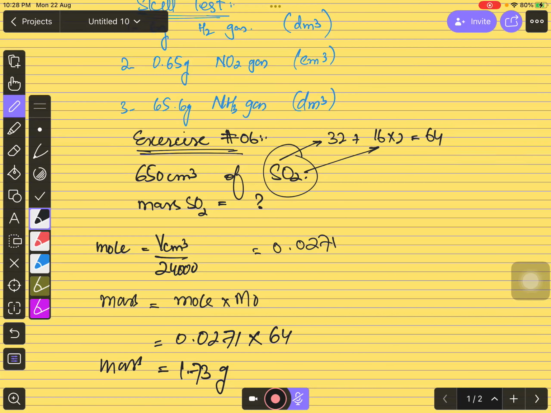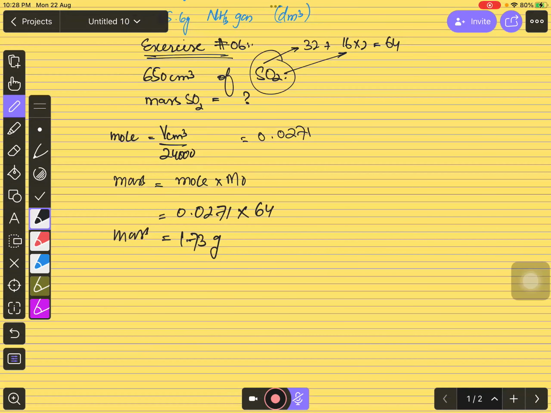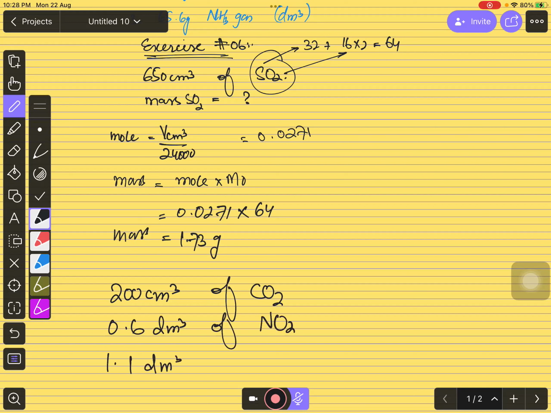चलें, फॉर एग्जाम्पल आपके पास 200 सेंटीमीटर क्यूब कार्बन डाइऑक्साइड हो, या 0.6 डेसीमीटर क्यूब नाइट्रोजन डाइऑक्साइड हो, या 1.1 डेसीमीटर क्यूब आपके पास C2H4 यानी इथीन गैस हो। सो लेट्स चेक कि आप लोग इसका मास निकाल सकते हैं या नहीं। जस्ट डू इट क्विक बच्चों।